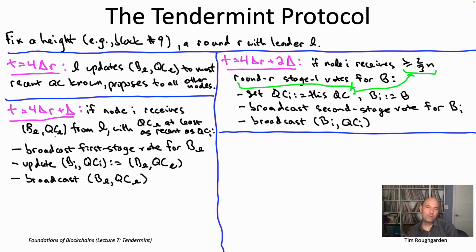The final phase, the fourth phase, begins at time step 4 delta r plus 3 delta. And this is the phase where honest nodes might actually commit to a new block in their local append-only data structures. And what's going to trigger the commitment of a new block is exactly what we said it was going to be when we talked about the big idea of having 2 stages of voting. If nodes actually see 2 successive stages of voting both succeed, that's going to be the sufficient condition under which it actually does commit a new block to its local append-only data structure. So that's what's going to be happening in this fourth phase.